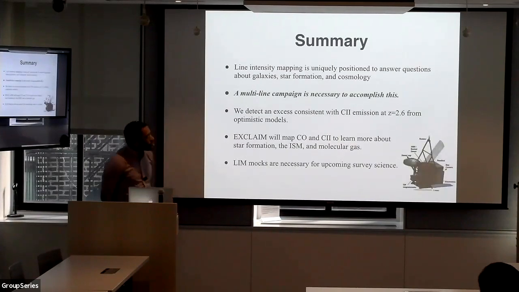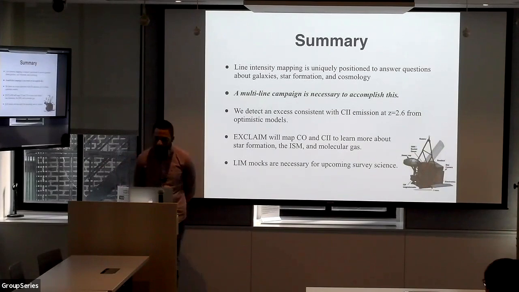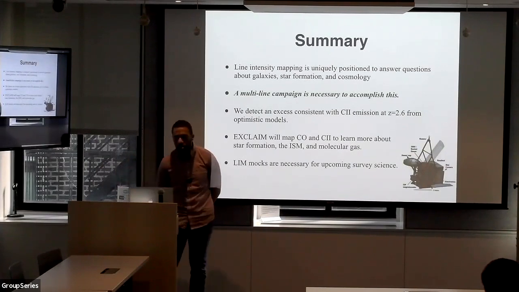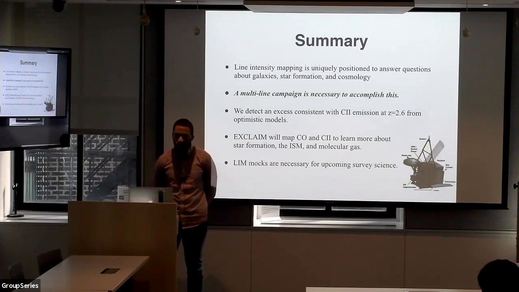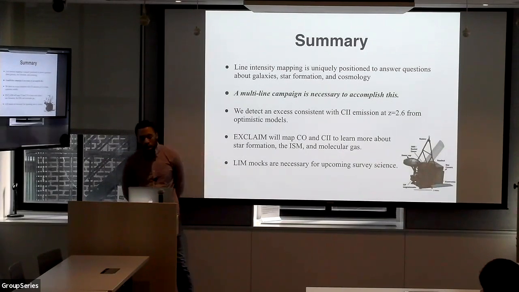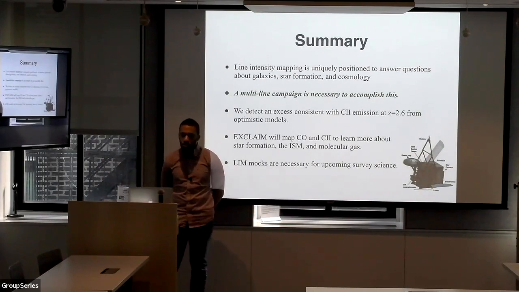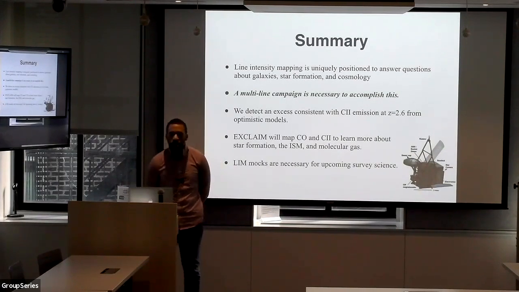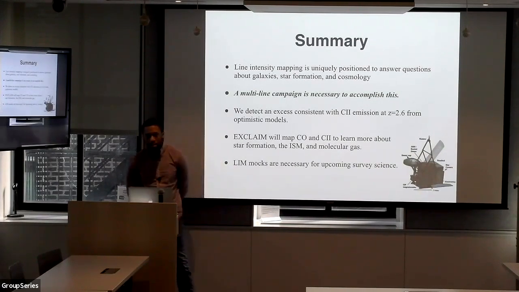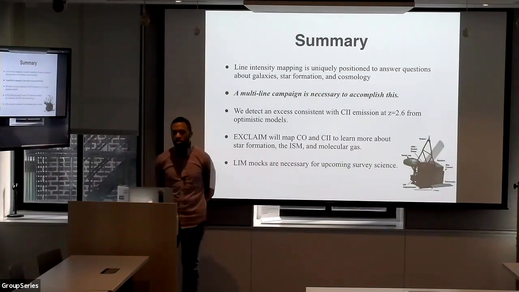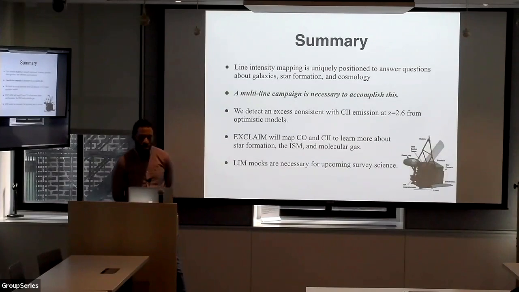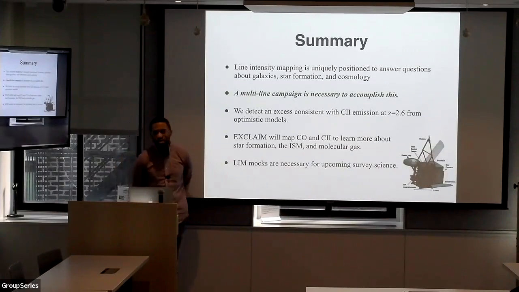So in conclusion, line intensity mapping is uniquely positioned to be able to discover more about both astrophysics and possibly cosmology. In particular, I'm interested in the idea of using multiple lines. I think a multi-line campaign is really necessary to accomplish the full power of intensity mapping. Note that it's not just using the cross correlations, but using the cross correlations as well as the autos in order to get the full information from the survey. Well, from the 2 point at least, and then there's more statistics you go from there.